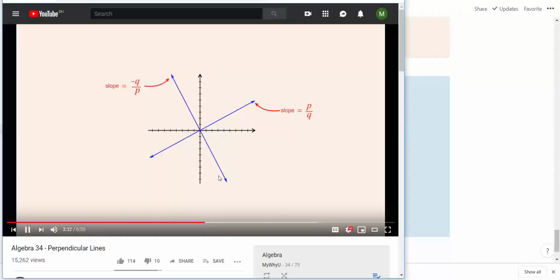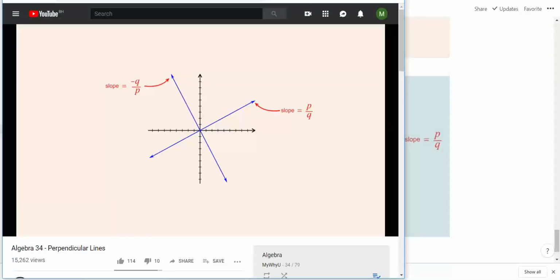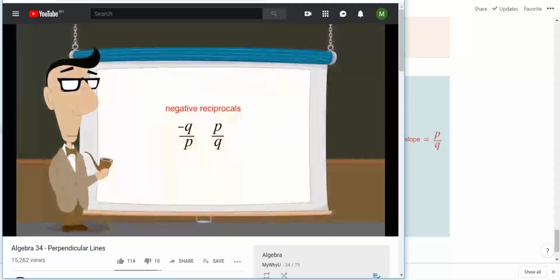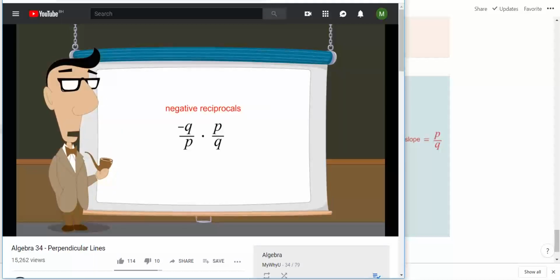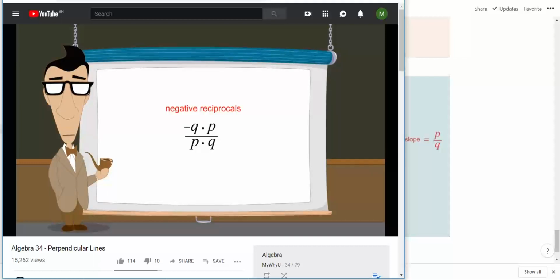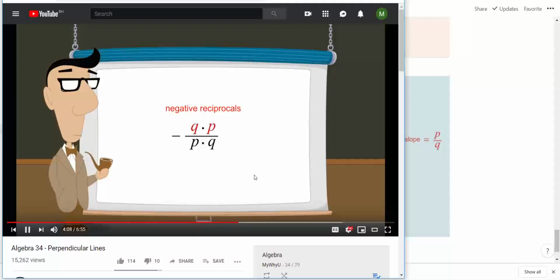So the slope of the second line is -Q over P. These two slopes, P over Q and -Q over P, are negative reciprocals of each other. We can prove that these slopes are negative reciprocals by multiplying them together. To multiply these two fractions, we multiply their numerators and denominators to create a single fraction. Then, moving the negative sign outside this fraction, and using the commutative law to swap Q and P in the numerator,